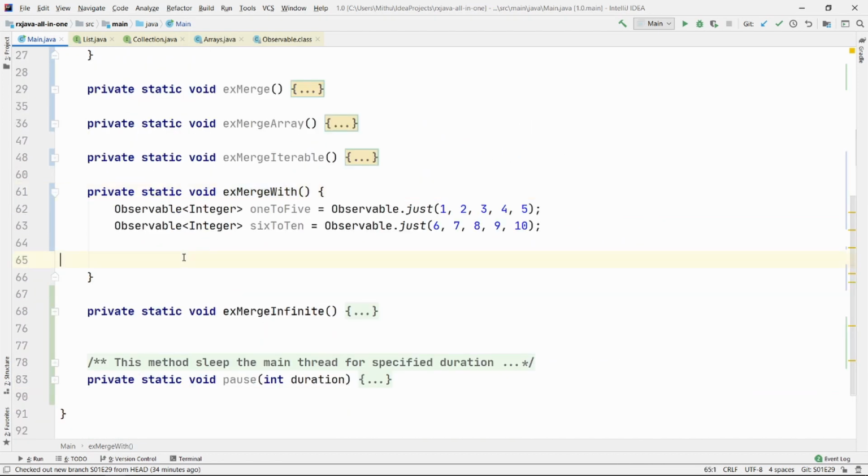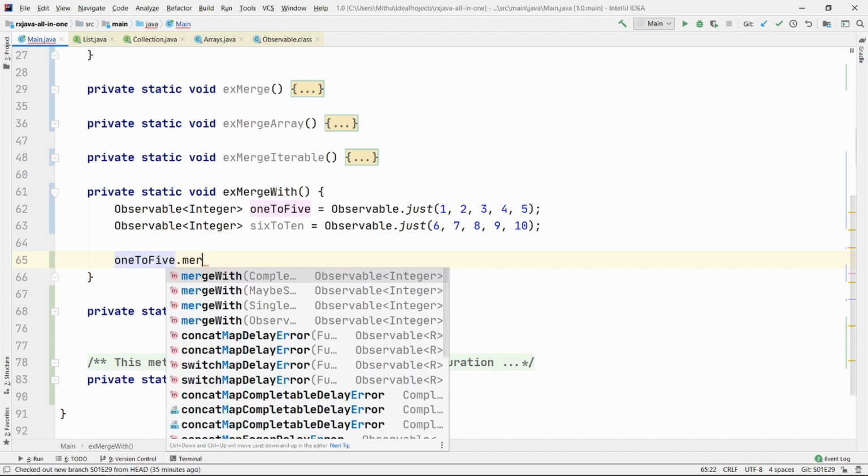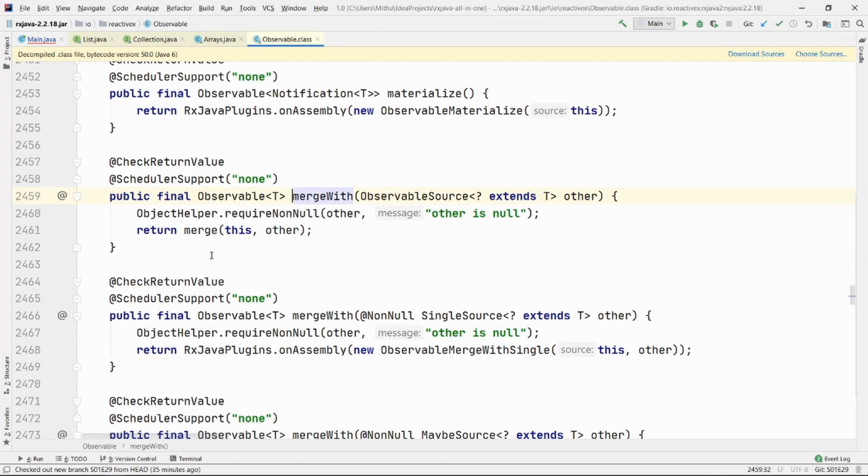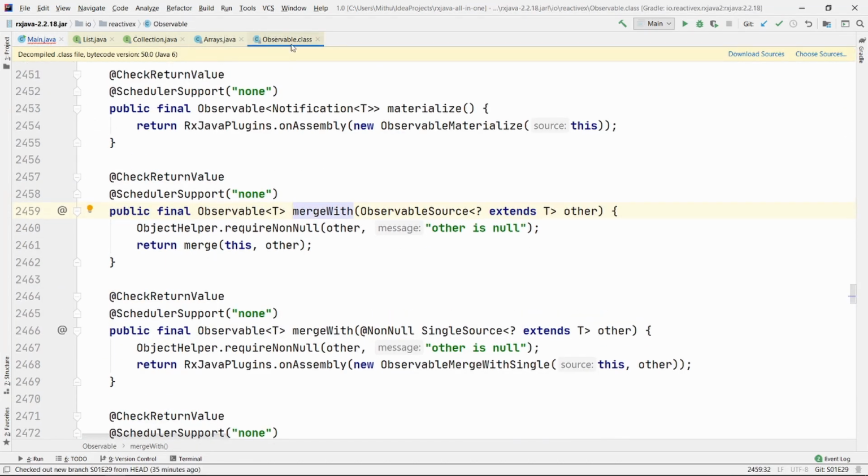If you really want to quickly merge one observable with another observable, there is a very simple, handy method called merge with. This operator is a part of the observable class, which you can apply on any observable. You don't need to call that specific static method that we did earlier, observable.merge.